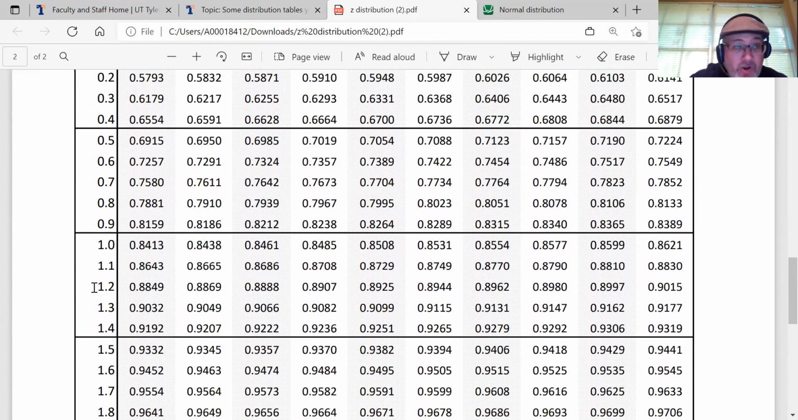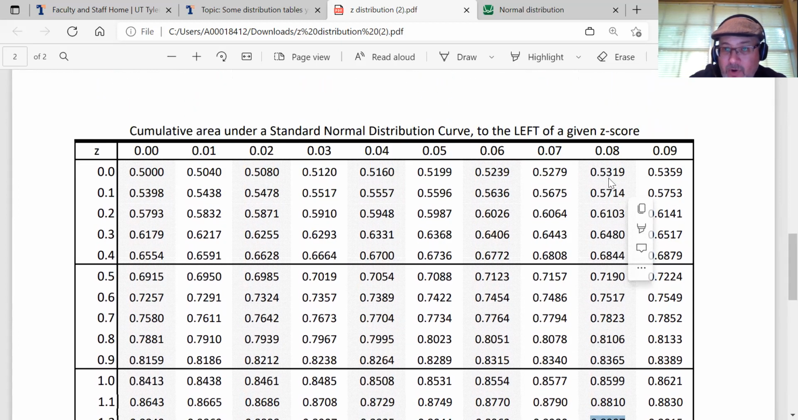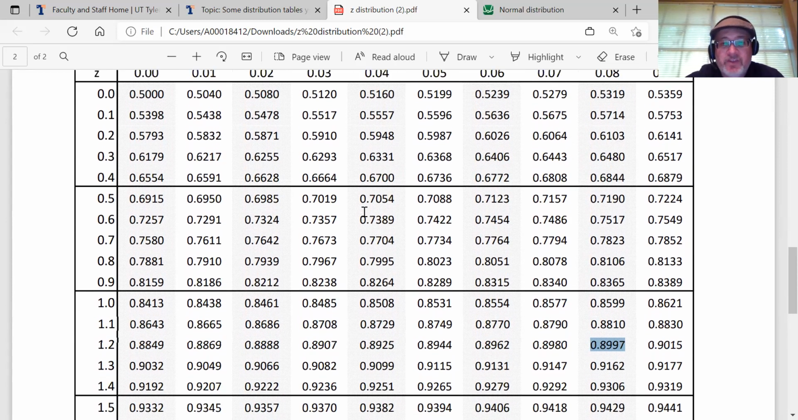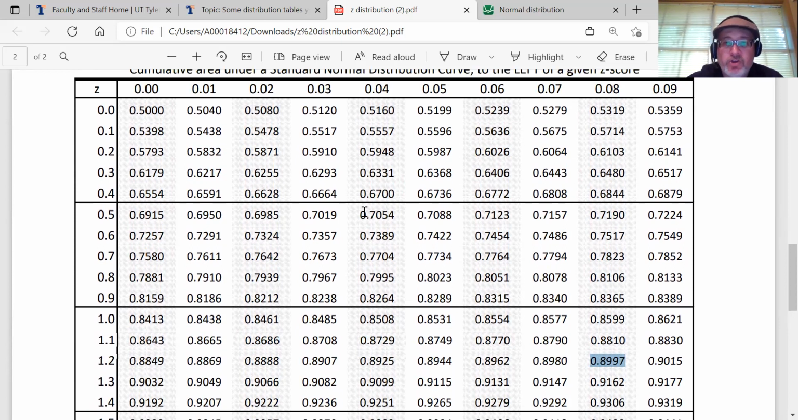For example, we want 1.28. Here's the 1.2 row. 1.20, 1, 2, 3, 4, 5, 6, 7, and 8. So it's actually this number here, which is in the 0.08 column. If you check, it's actually the 9th column. That's because the first column is labeled with 0. But regardless, the intersection of the desired row, the 1.2 row, and the desired column, the 0.08 column, there's a 4-digit decimal, 0.8997. What that means is that this area